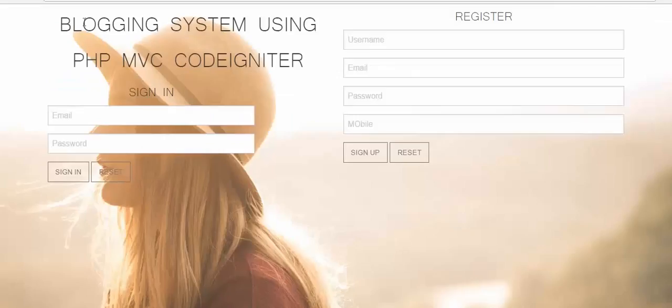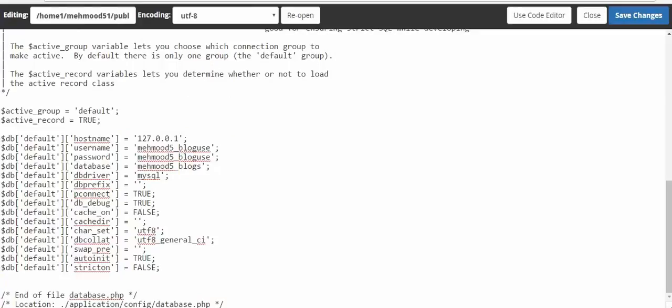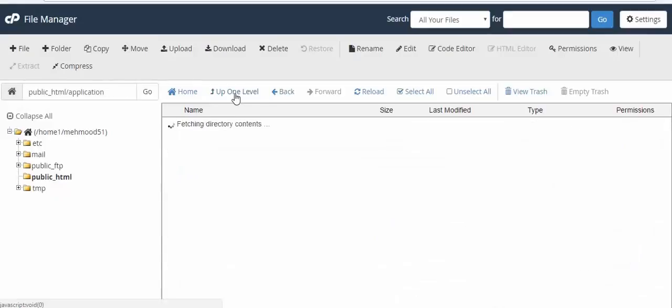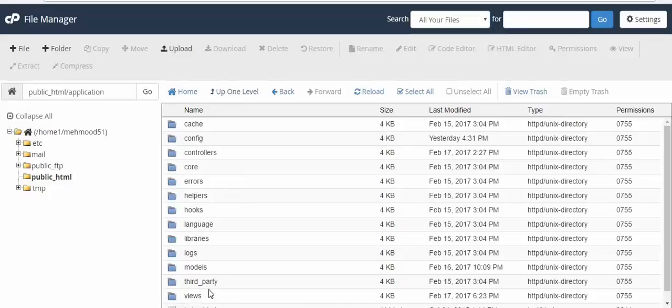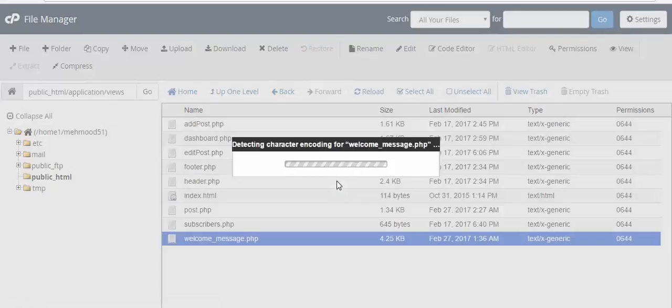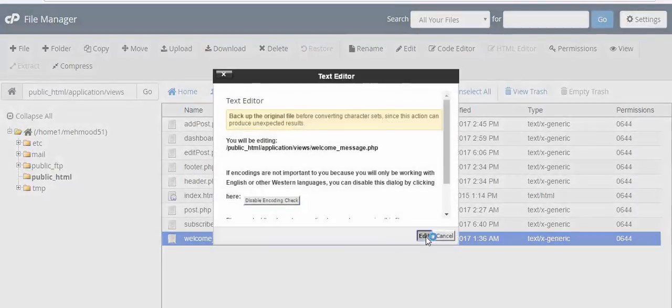Now you can see there is a different message which was not there previously when I started this tutorial. So I will edit this information in my live server so that you will know how to edit your information in your live server also. Just go to your files inside file manager, open your project and then click on up one level, and go to views. Inside views, open this welcome message, click on edit,